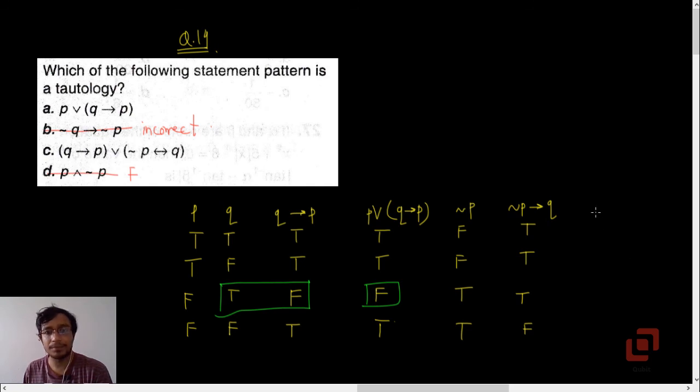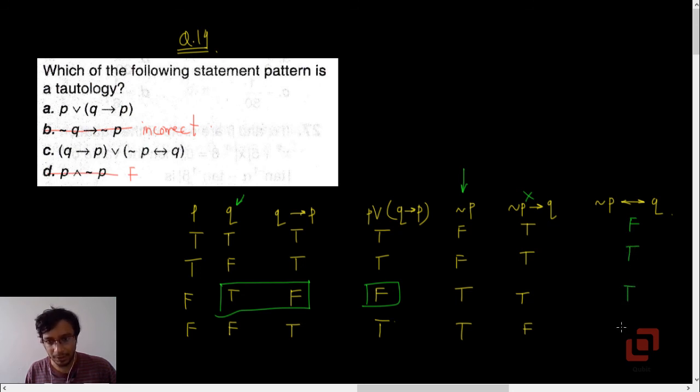Now Q implies negation P. Okay, for the biconditional. Yeah, actually there is no need to do the biconditional at all. Yeah, okay, we know that a biconditional is true when both have the same truth value, right? So even this is not necessary, but anyways, negation P if and only if Q. That means this truth column and this truth column. First one is false, then again false. Oh, okay, this will be true because both are false.